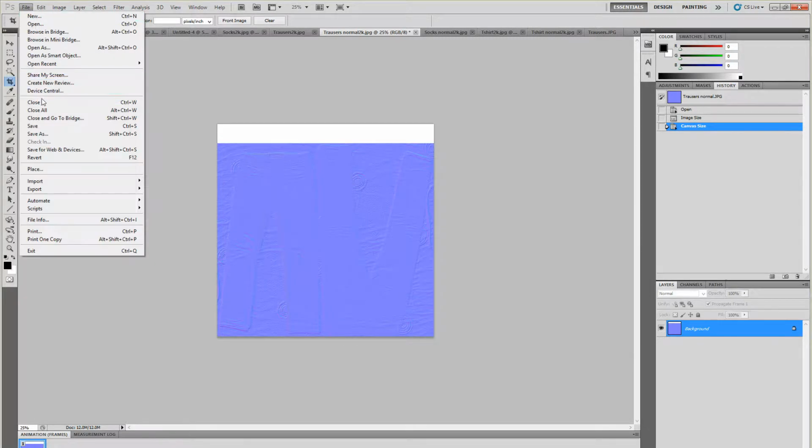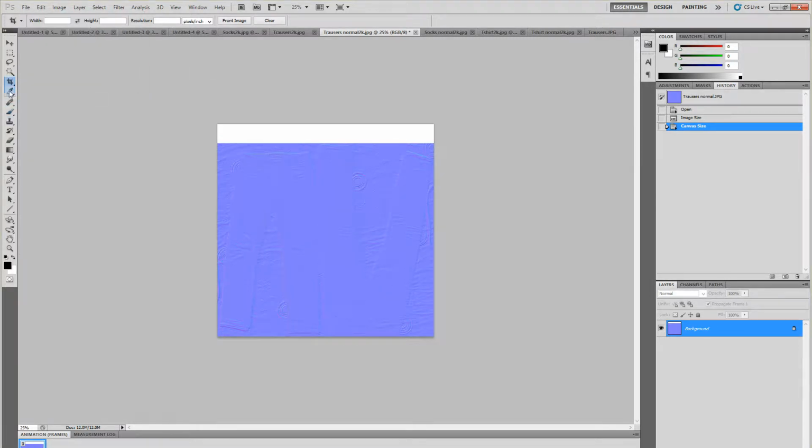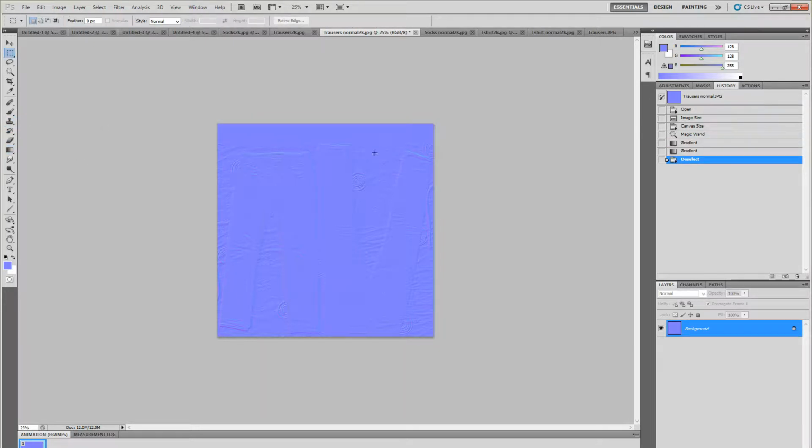So that is, it just irritates me. So we want, oh good grief, is it 128, 128, 255? I think that's your basic straight up normal, and I'm just going to do a fill. I never get that right. It just pains me to see a normal that's not looking like a normal. Alright,